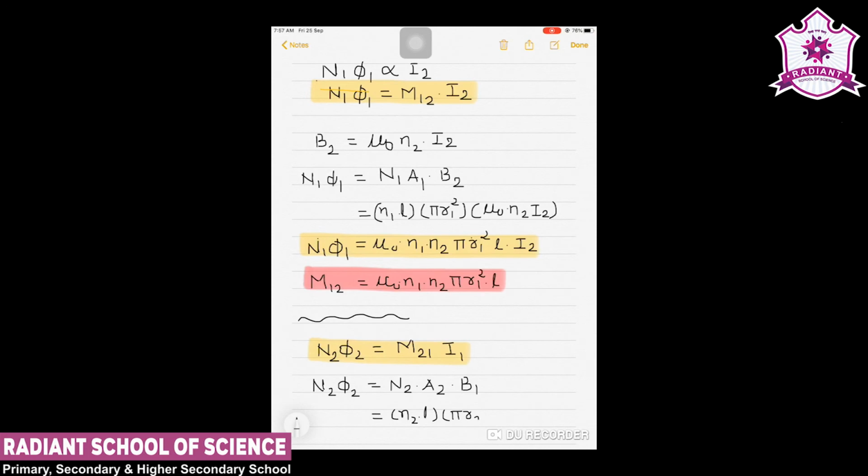pi R2 square, but here we will see one thing, that the area of the coil will be the smallest part. So the area that we have to consider cannot be A2 because it is an outer solenoid. We can only keep the area of the smallest one. So this will also remain pi R1 square, and then mu 0 N1 I1. If we compare this equation,